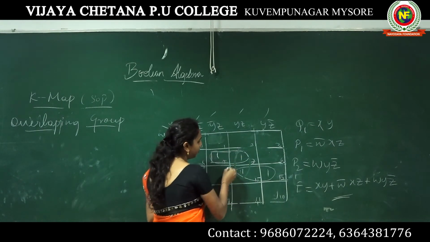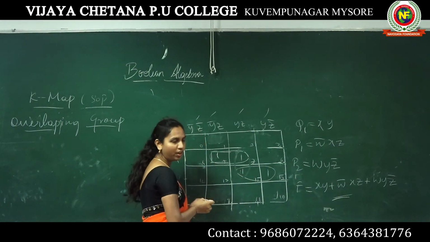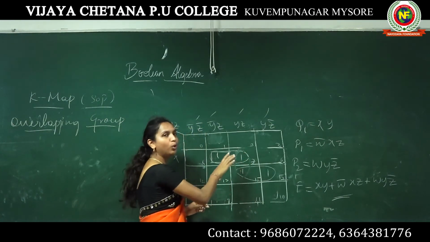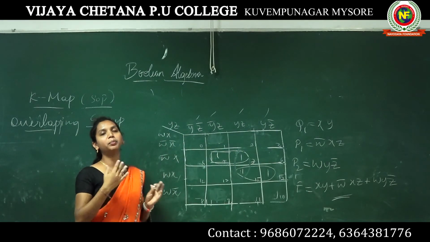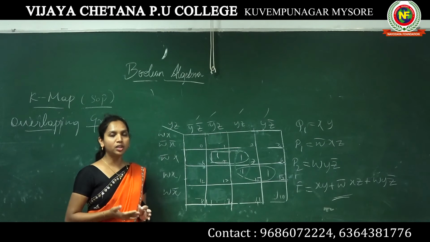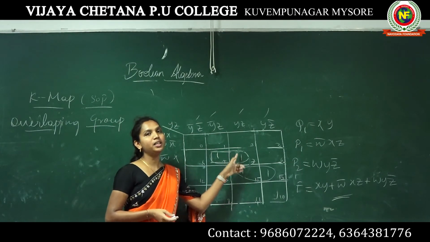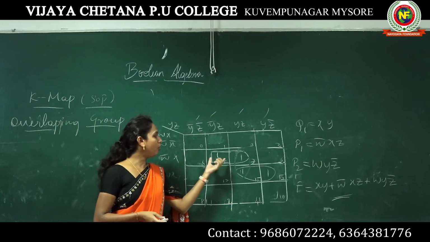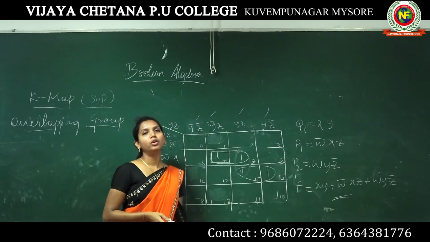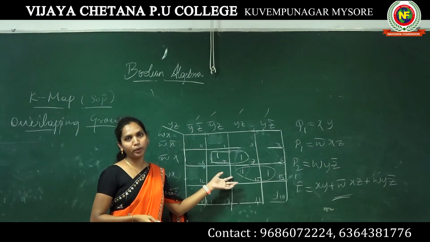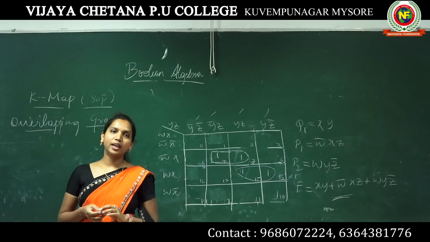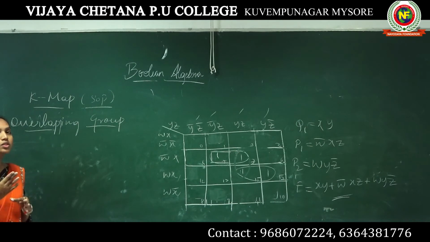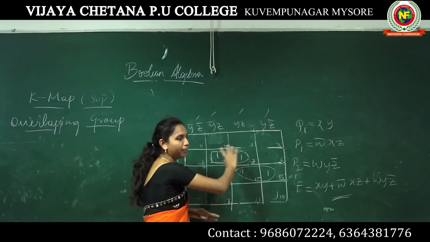Because this is already paired in two ways. Here one pair is made and here another pair is made. This is also possible to make a pair, but don't consider this. If you consider it, it becomes an overlapping. So how to reduce that overlapping? By eliminating this pair, that will be the solution for overlapping. Now you have the two pairs. You have to write the expression for the two pairs and make one complete expression. So this is how you reduce the group, especially when overlapping.